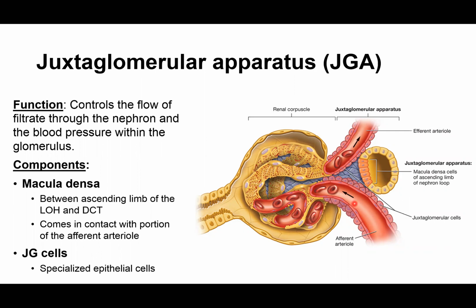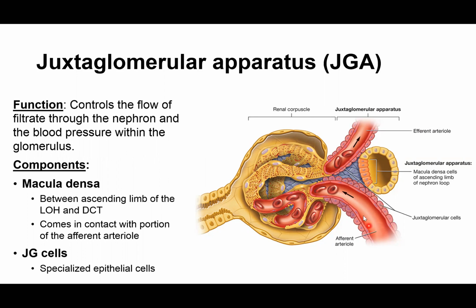If our blood pressure is high, say we have hypertension and we have really, really high blood pressure, for example, we can partially help our kidneys out because high blood pressure is not good for this filtration membrane. High blood pressure would mean that these blood vessels are really pushing against the walls of not only our vessels, but also our capillaries, and that could lead to fluid leaking and being put into the urine that we don't want. But one of the ways that we can kind of help control this is that these JGA